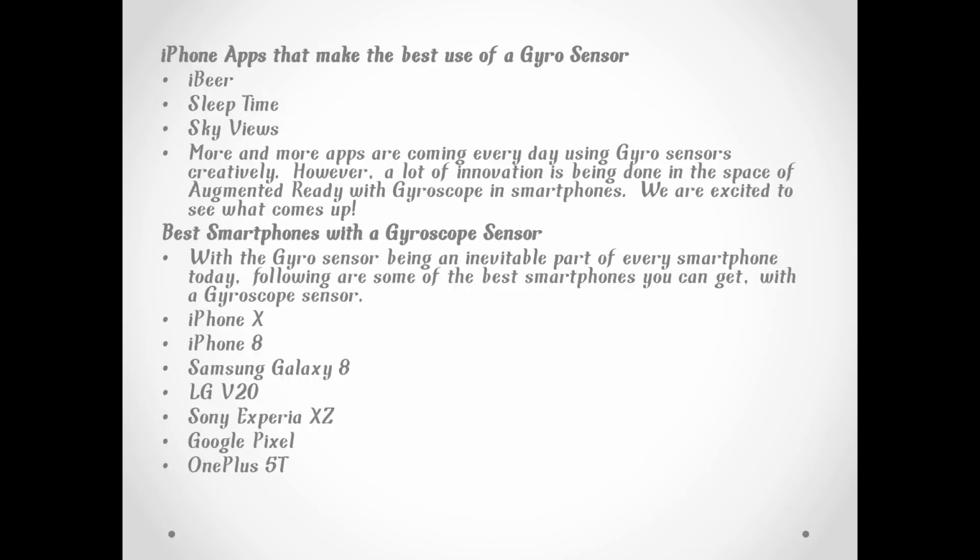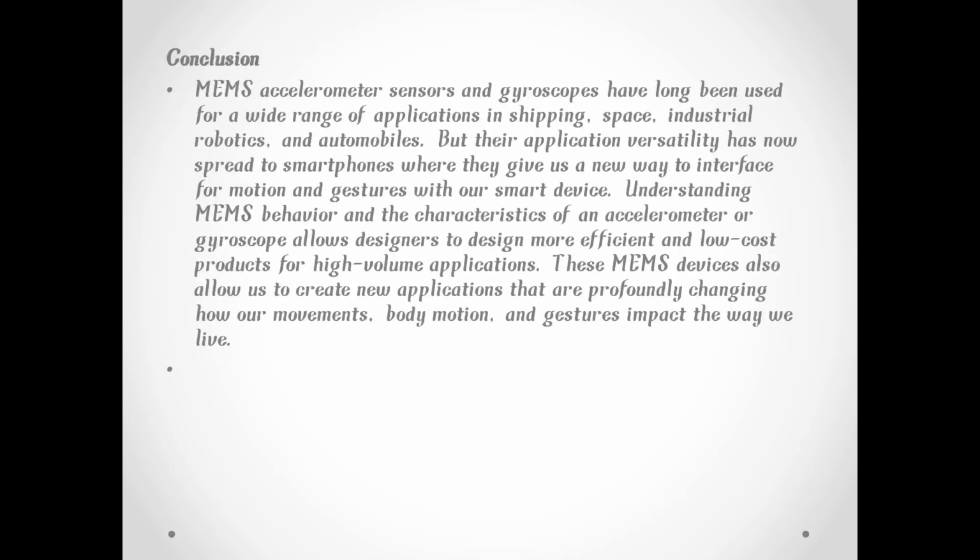Best smartphones with a gyroscope sensor. With the gyro sensor being an inevitable part of every smartphone today, following are some of the best smartphones you can get with a gyroscope sensor: iPhone X, iPhone 8, Samsung Galaxy S8, LG V20, Sony Xperia XZ, Google Pixel, OnePlus 5T. Conclusion: MEMS accelerometer sensors or gyroscopes have long been used for a wide range of applications in shipping,